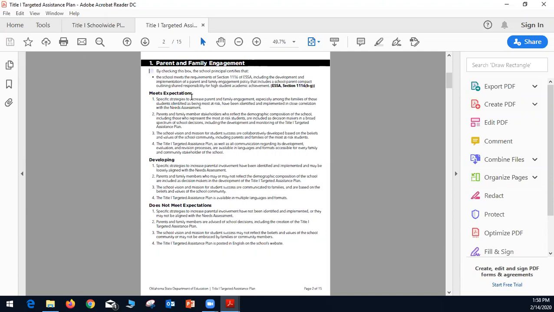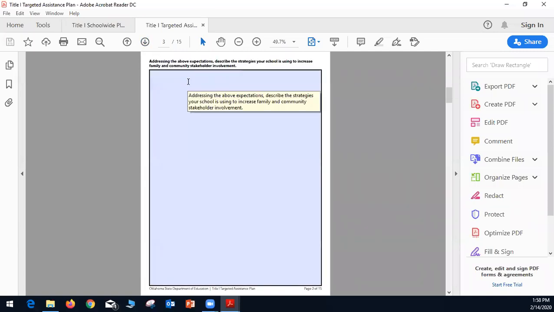Then we have the meets expectations, developing and does not meet expectations sections. You will have a text box where you will describe the strategies your school is using to increase family and community stakeholder involvement, addressing the above expectations.